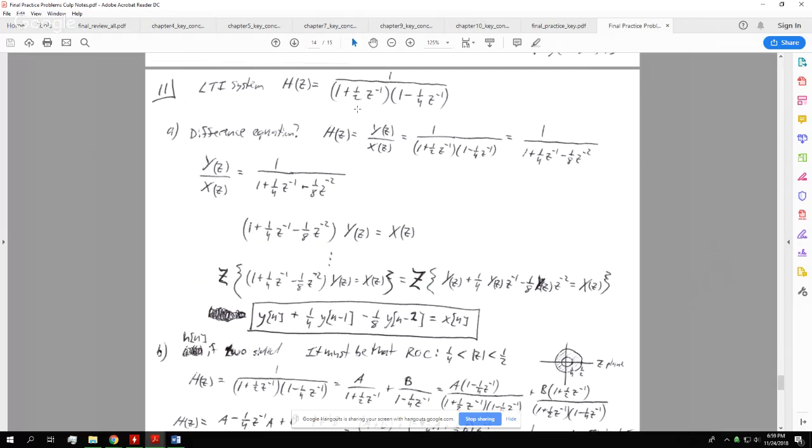Given this is our h of z, this is equal to y of z over x of z, and here I distributed these two quantities multiplied by each other, so then I have a single string of terms. Here I rewrote it again in simple terms, and a difference equation is defined as